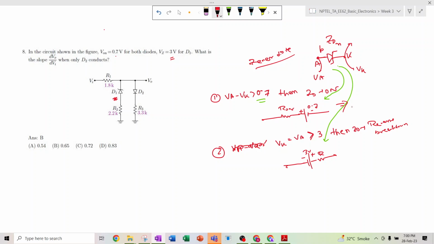In some cases, if we ignore the R on, then the model becomes this, and if we ignore this also, then we can represent it as a short circuit. On resistance is very small, and sometimes if we apply a very large voltage, this 0.7 volt is so negligible that we can ignore it. That's why I ignored it in this case, and it appears as a short circuit. But if it is,